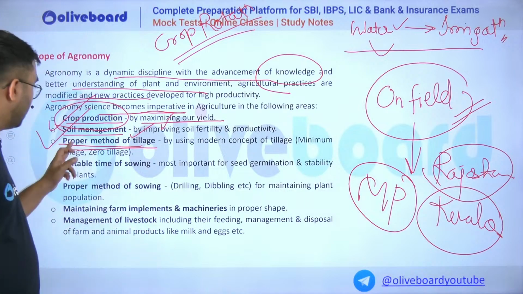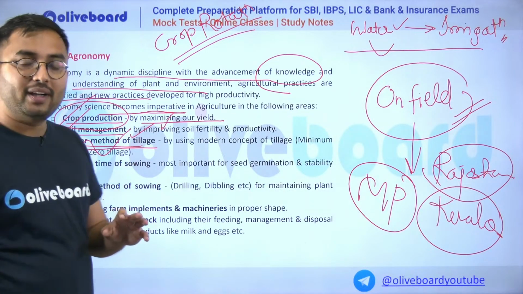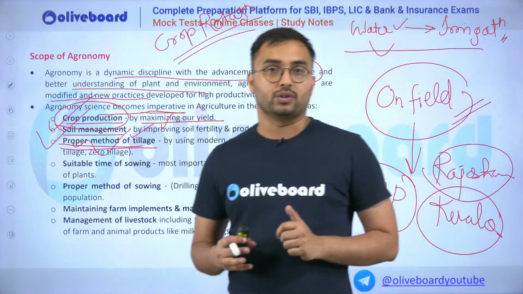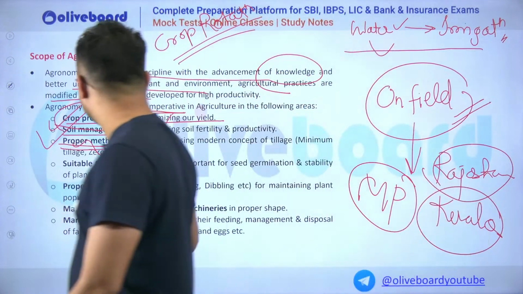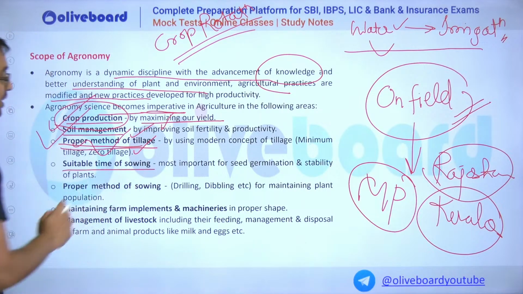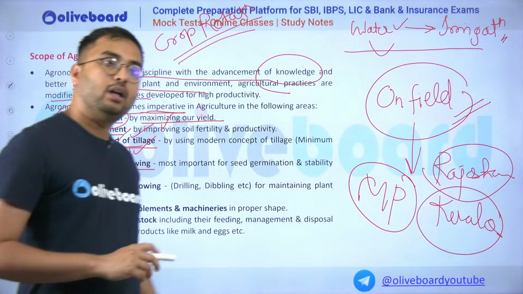Not only that, proper tillage also provides finer soil substrate in which good crop growth follows. So in this way, tillage is also one thing which could be corrected by agronomy. Suitable time of sowing. Earlier, it was